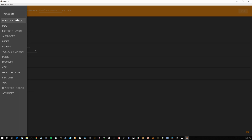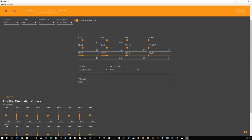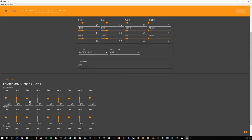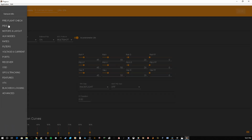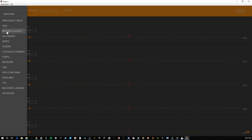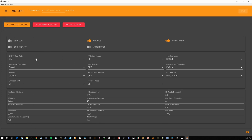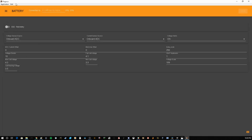Okay, so if you haven't used Pegasus, it's set up very similar to most other configurators. A couple things are slightly different, but you've got your PIDs tab. You can show your TPA curve if you need some TPA in mid throttle or low throttle. You can always come in here and tweak your curves, tweak your PIDs, set your auxes for arming, buzzer, all of that stuff here. You'll do your motor layout. You have your orientation and motor assistant here as well. Air mode switch is on. And lots of additional settings here for mid throttle and whatnot. Rates, voltage and current settings,